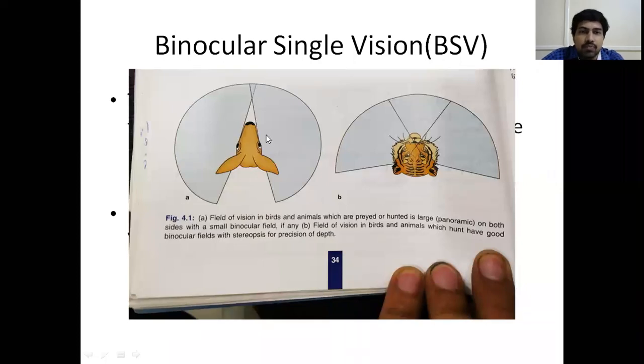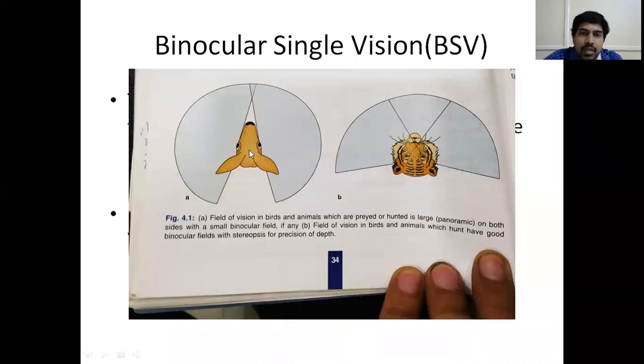So here what happens is one eye is suppressed and the goat only sees with one eye sometimes. And sometimes this eye is suppressed and the goat sees with the other eye. So in lower animals, the binocular single vision is a very limited amount. So this is the entire visual field of this goat, but only in this little part are the two eyes seeing the same visual field. For the rest of the maximum part, one eye is seeing one field and the other eye is seeing another field. Suppose this side there is a tiger and this side there is a cow. This goat will be seeing only either this tiger or this cow. It becomes very difficult for its brain to process. That's why these animals can be hunted very easily.